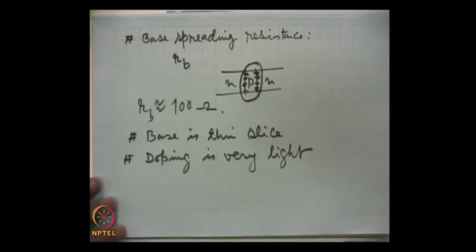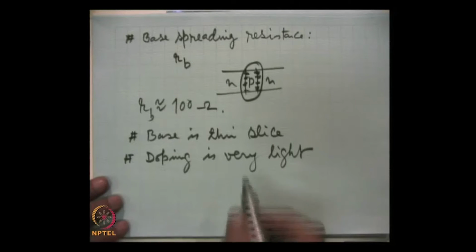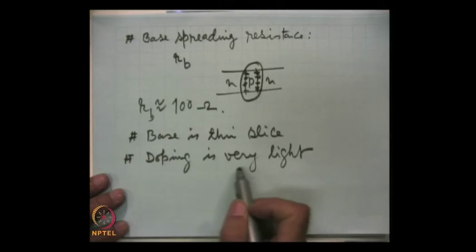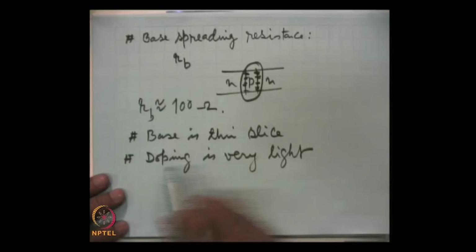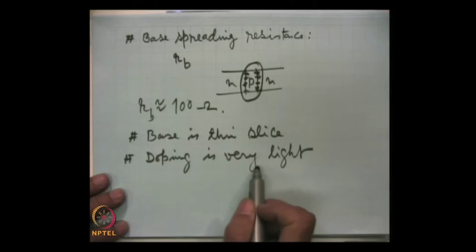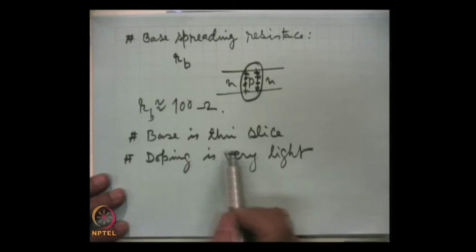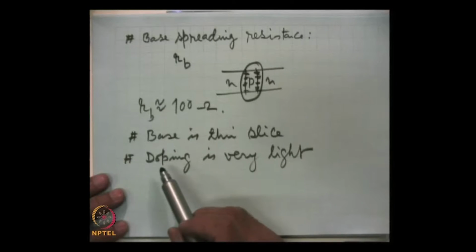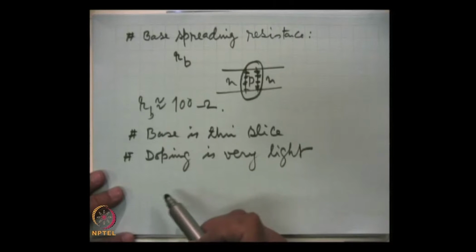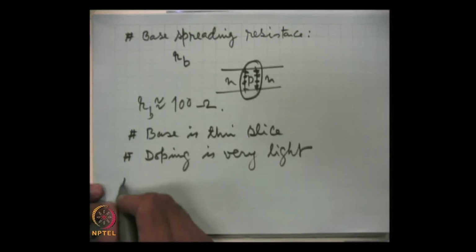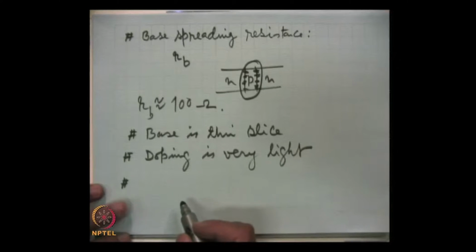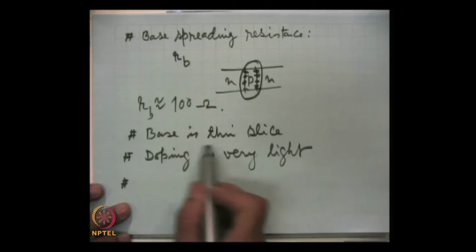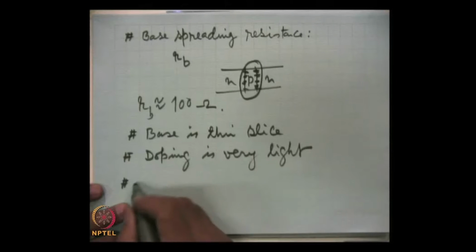What does doping do? By doping, we change the resistivity of the semiconductor, so it is directly related to the doping level, and doping is kept very low in the base region for the reasons we have discussed, the requirements for an efficient transistor. And the third point which contributes to this is that the thickness of the base further declines